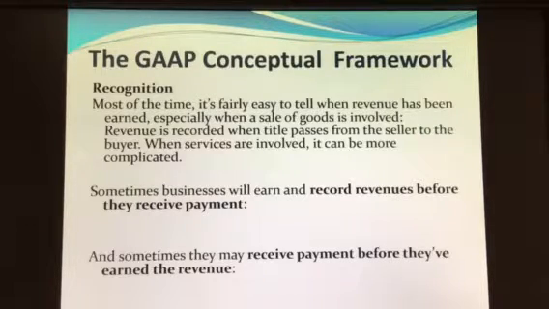And even though you and that product are still on Walmart premises, if somebody else wants to buy that, they have to deal with you, not Walmart. And so it's pretty easy in general to tell when title passes, and therefore when to recognize revenue when it comes to a sale of goods. Sometimes it's not quite that easy, even when it concerns sale of goods.